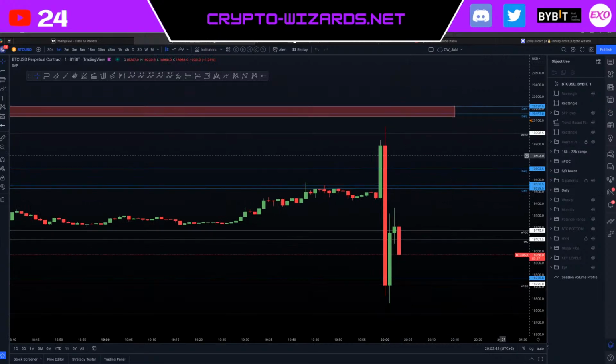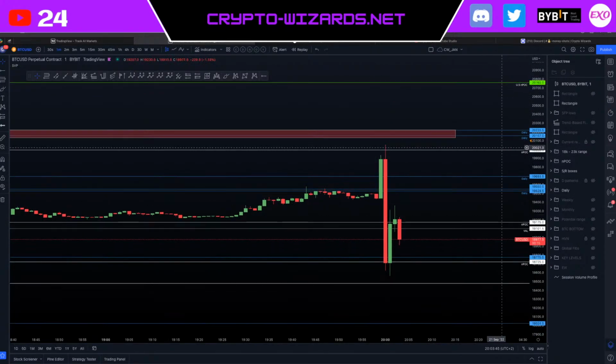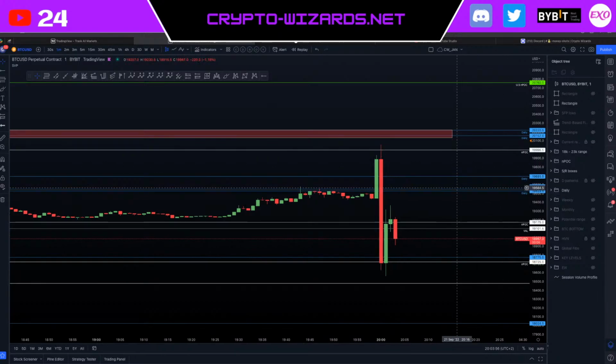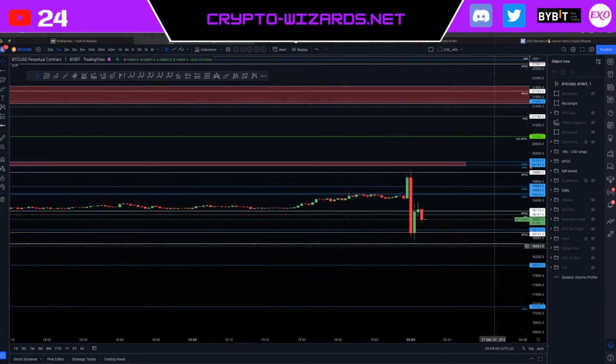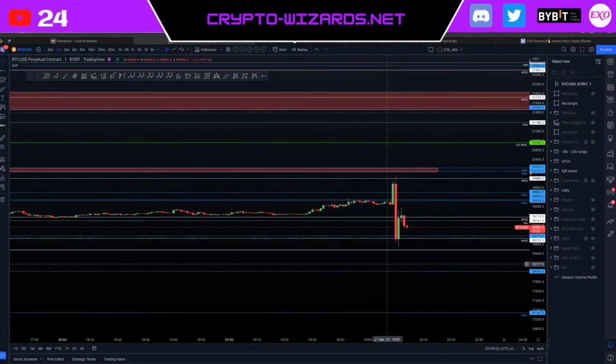So yeah, if you are scalping this, then you could have taken a short from the naked POC. I'm not shorting this. I mean, I'm not opening new shorts. For me, it's not worth taking the risk here. I would rather stay in my swing positions and basically keep looking lower.